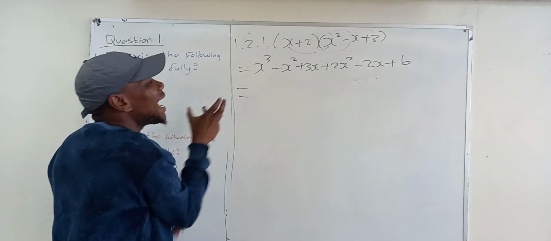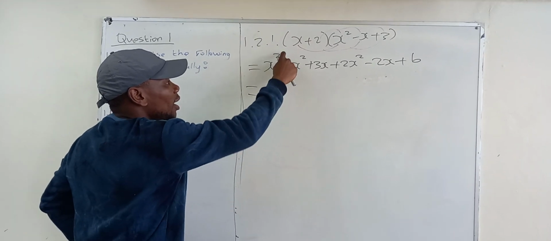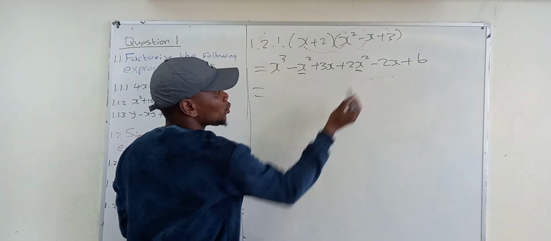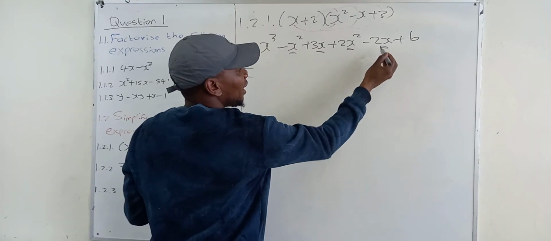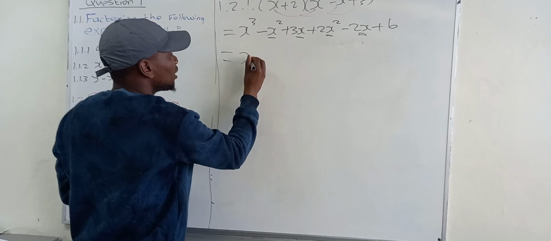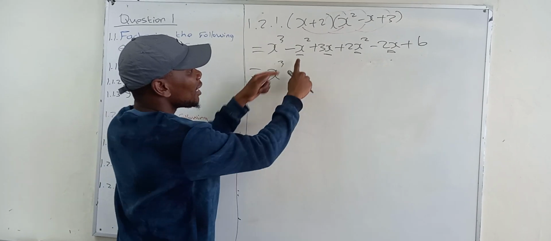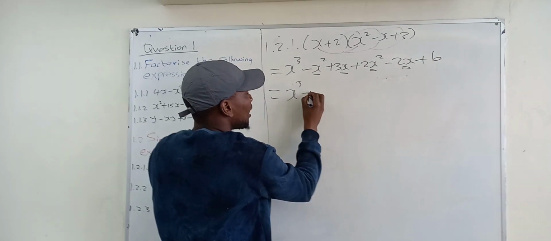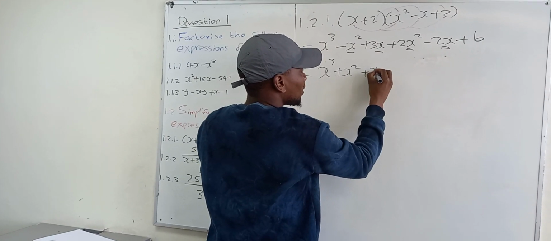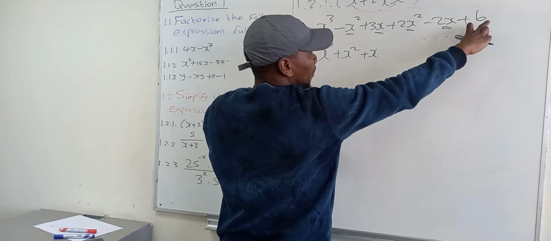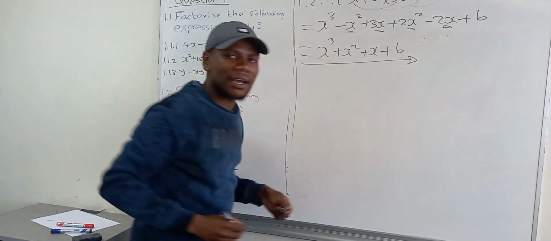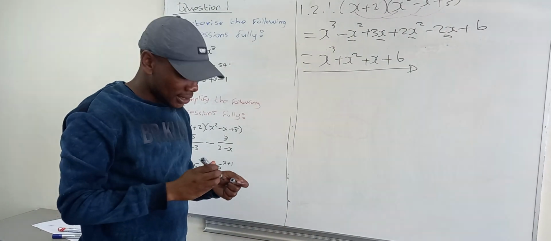The highest exponent that we have here is the x cubed. We have x squared here, we have x squared here, we have x here, we have x here. So this one does not have any common factors that we will collect it with. It's x cubed, we drop it like this. Then minus x squared plus 2x squared is x squared. 3x minus 2x is x. Then there are no other numbers apart from the positive 6. Then you drop it like this. Then this is your final answer. This one is simple, guys. It's just simplification. So